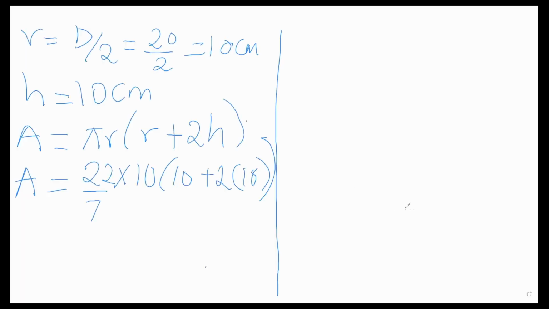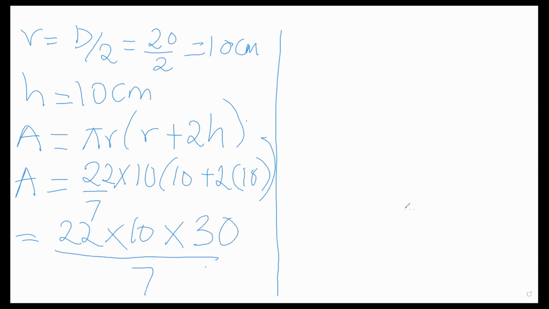So calculating that, we have this to be equal to 22 multiplied by 10 multiplied by 30 all divided by 7. So that will be equal to 22 multiplied by 10 multiplied by 30. So that will be equal to 6,600 all divided by 7. So that will be equal to